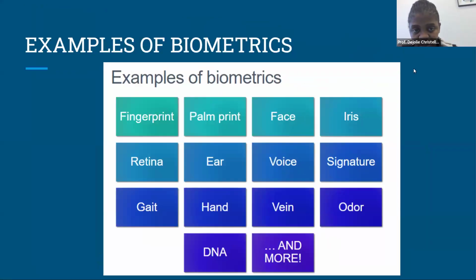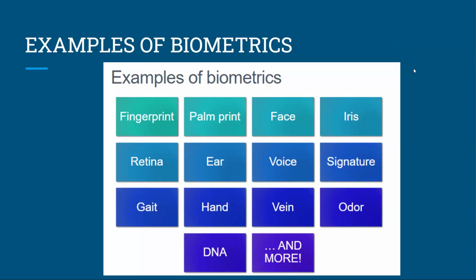So those are examples of biometrics, right? We have fingerprint. We mentioned this fingerprint. Everybody knows that, how to get on your computer, get on your phone, anything that you're using fingerprint. What is palm print? These are just examples. We don't have to get more than that. I know the most used are face, right? Iris, you know iris, right? The iris of the eyes.